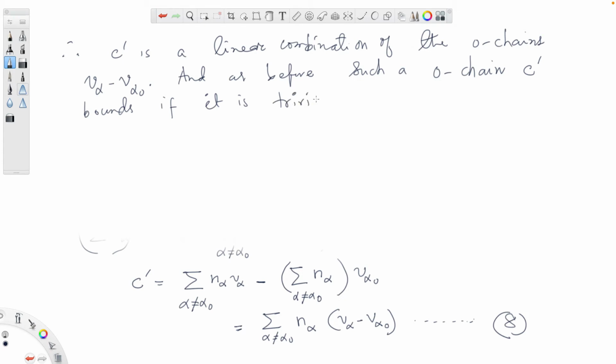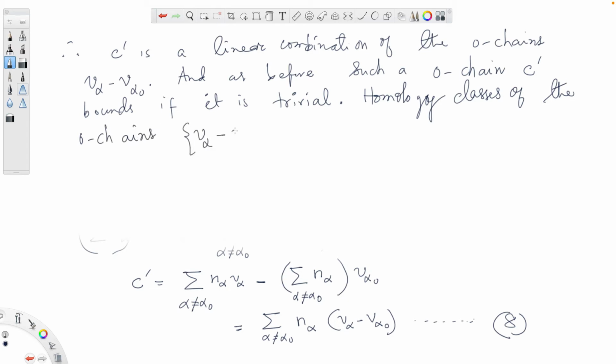Okay, homology classes of the zero chains V alpha minus V sub alpha 0, where alpha is not equal to alpha 0. Okay,